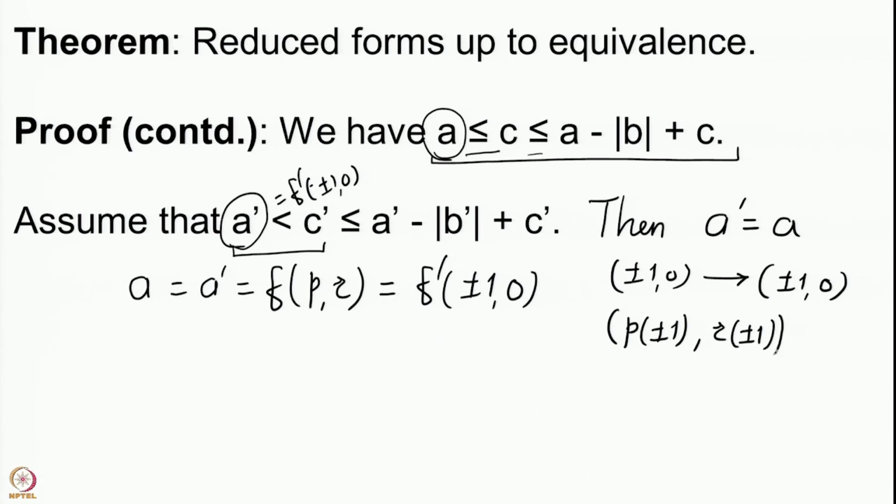So, you just get that this has to be equal to this pair. What we have done is that we note that when you have x comma y being sent to px plus qy comma rx plus sy, then the form f becomes the form f prime. And now we have the values plus minus 1 comma 0 for x and y. The value that you get is a. By applying the change of variables, you are going to get the same value.